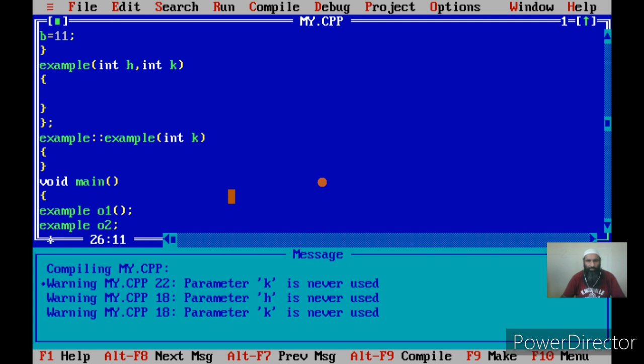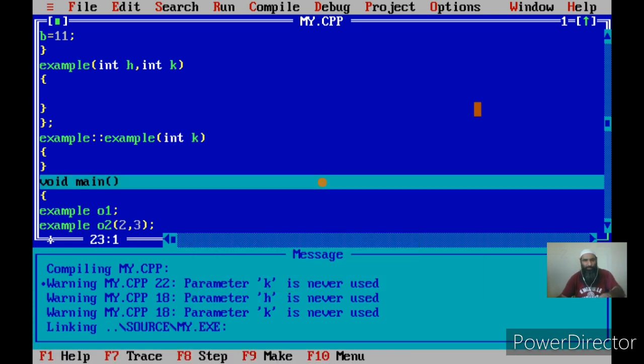So we will have to call it explicitly, that is by supplying the arguments at the point of instantiation of a particular object. In the first case, the default constructor will be called, and in the second case the two argument constructor will be called. Let us try to see the difference now.